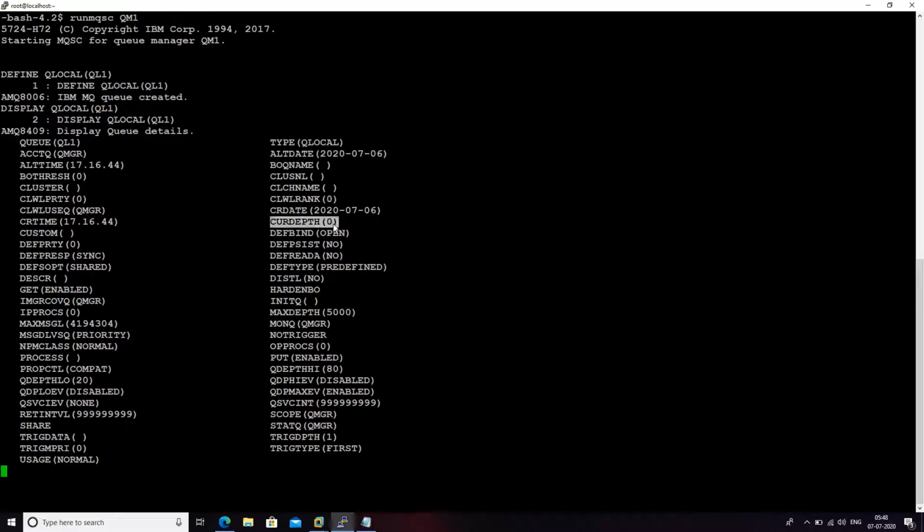Now we know the queue name and type of the queue. Now I will put some messages. CRDATE is the date when your queue was created, and CRTIME defines what time your queue was created. Now we'll see the put message.